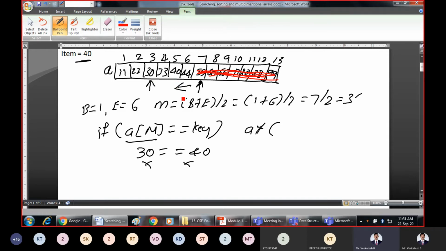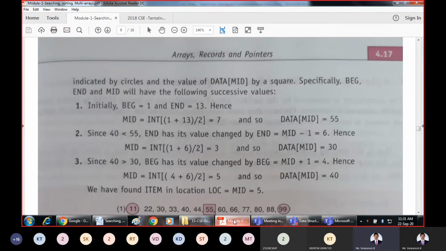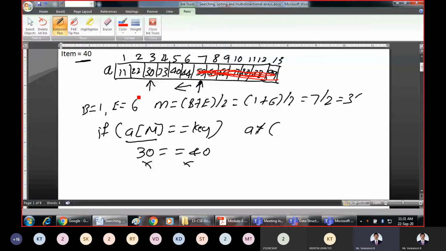That means the high index, that is the end index, will be kept as it is, and we're going to change the beginning index. That means this pointer should be brought to this location. The new beginning is equal to middle plus 1.